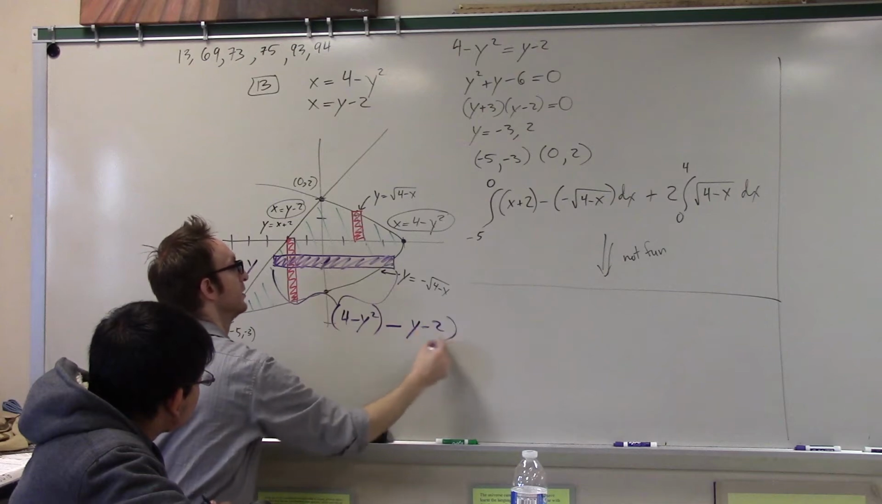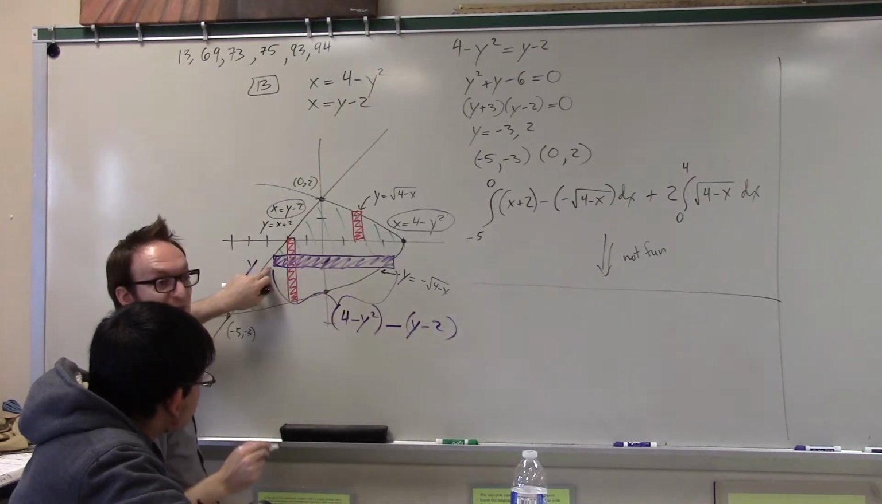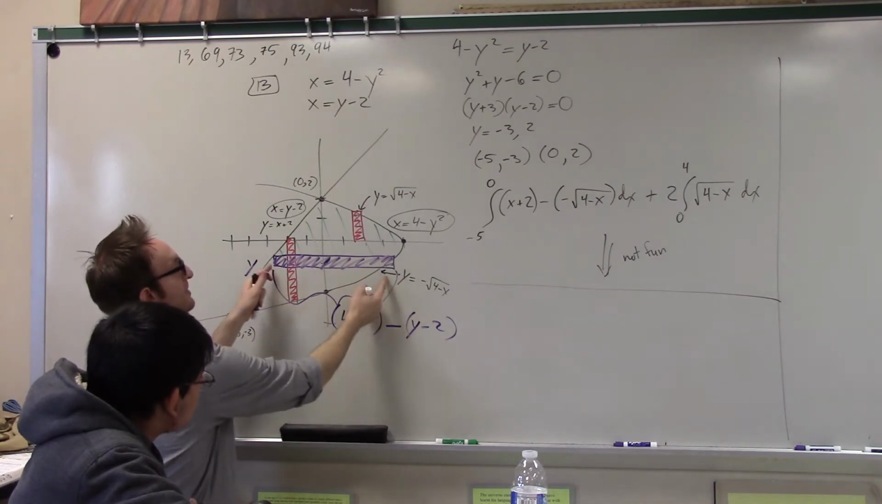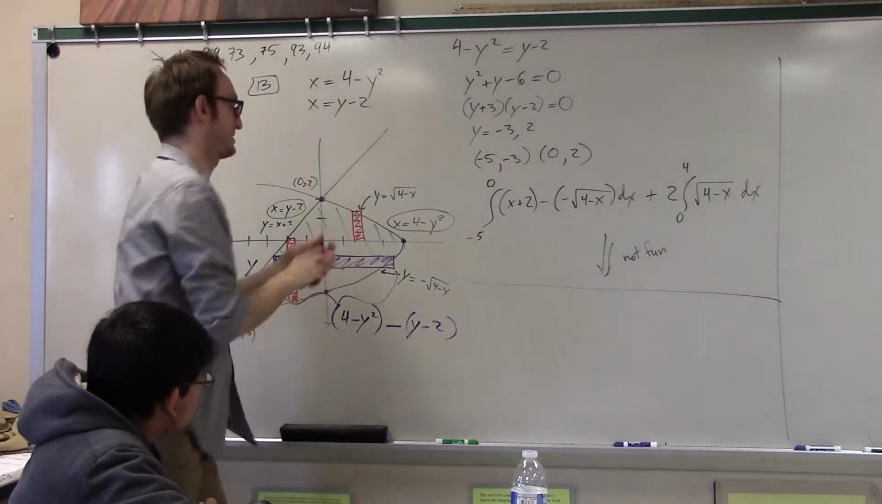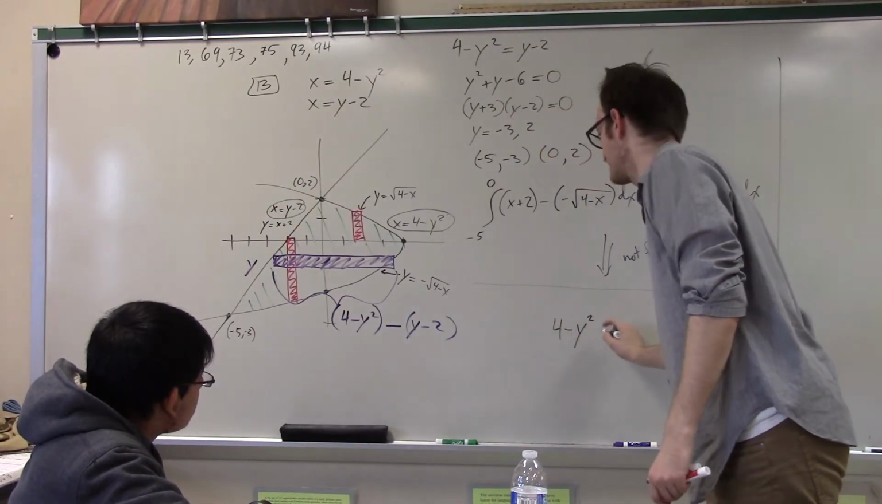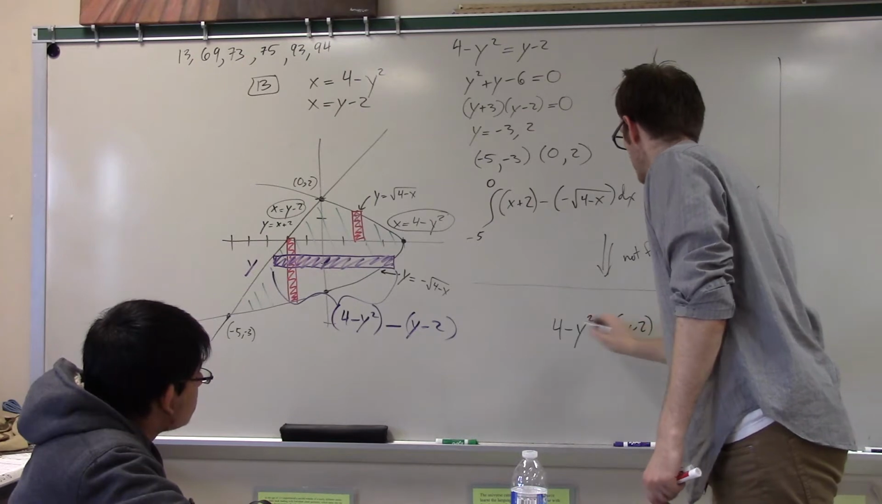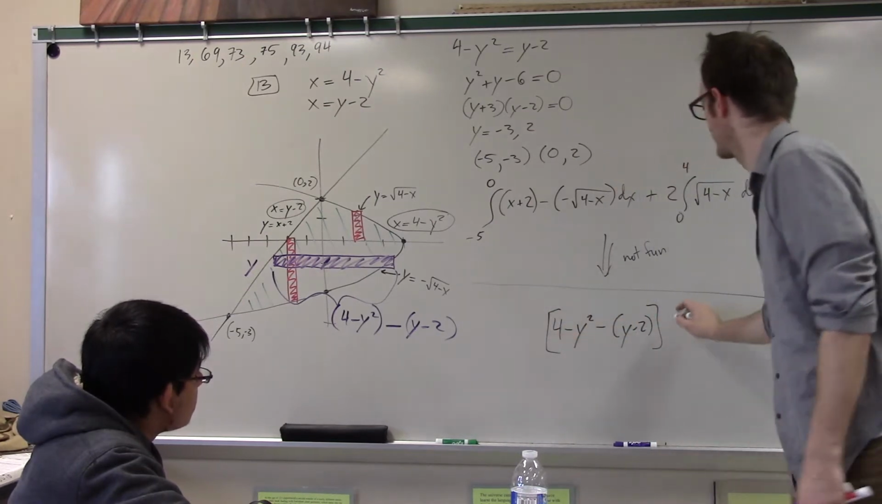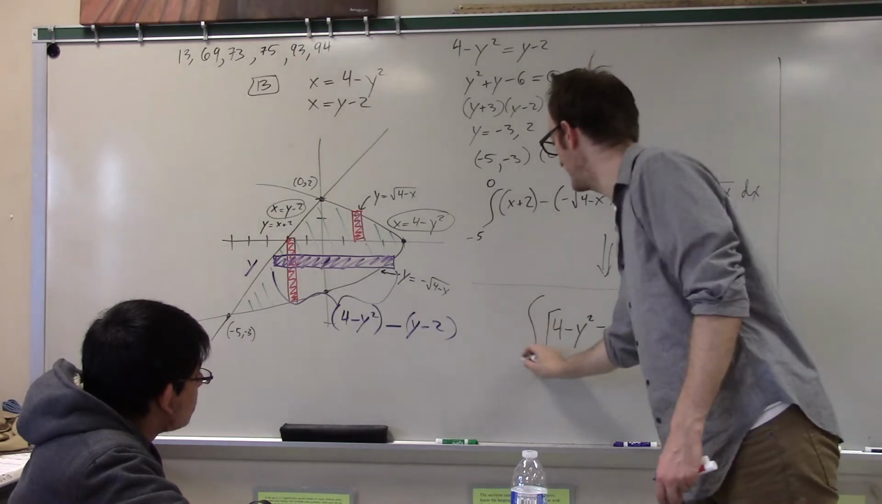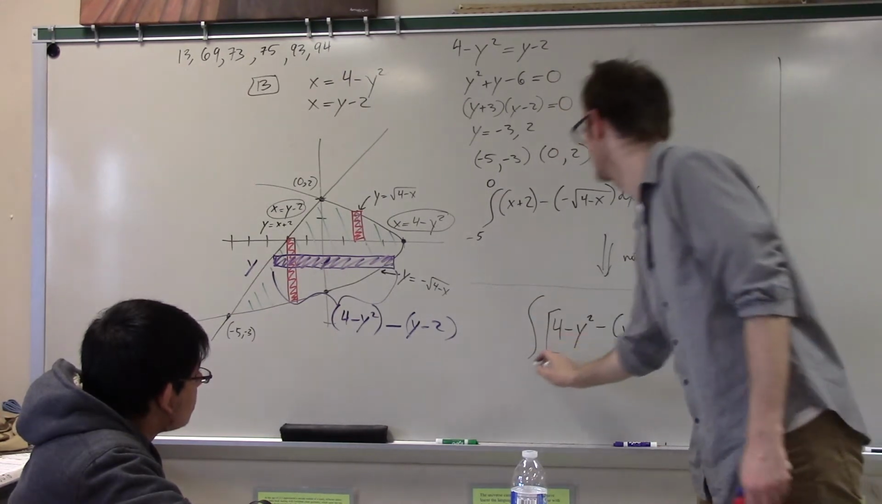Minus 2, which is the x-coordinate of the left endpoint of the rectangle. So the difference between these two x-coordinates is going to be the length of this rectangle. And so, since the length of that rectangle is always 4 minus y squared minus y minus 2, I can just take that expression, multiply by the thickness of the rectangle, and then integrate up the y-axis from negative 3